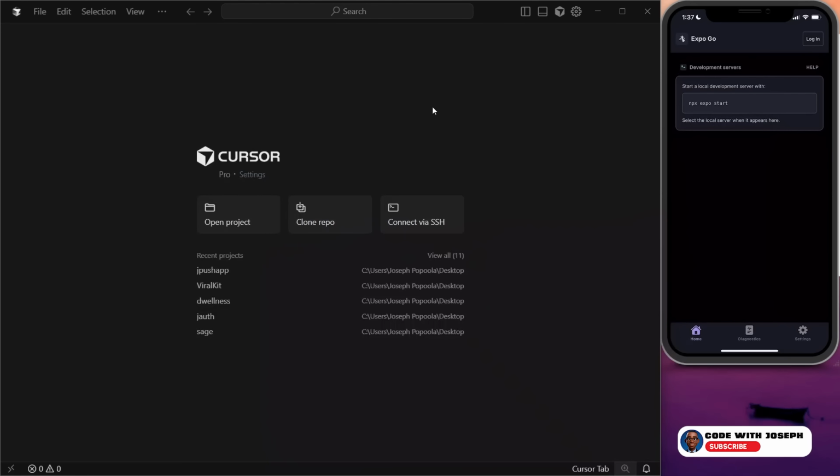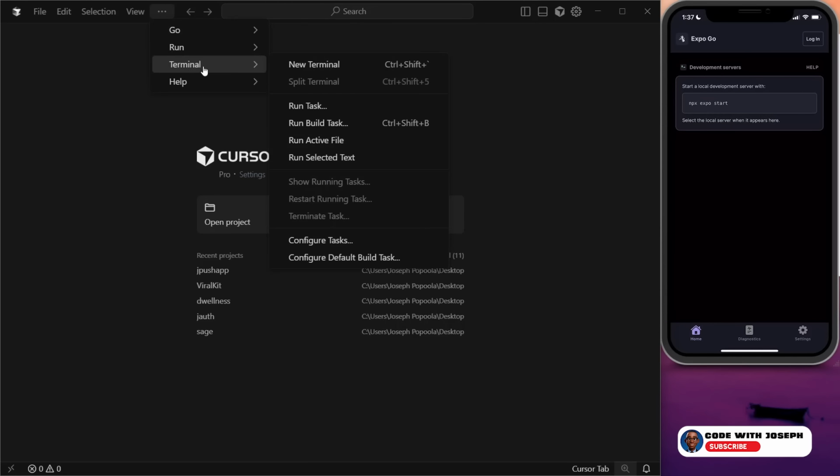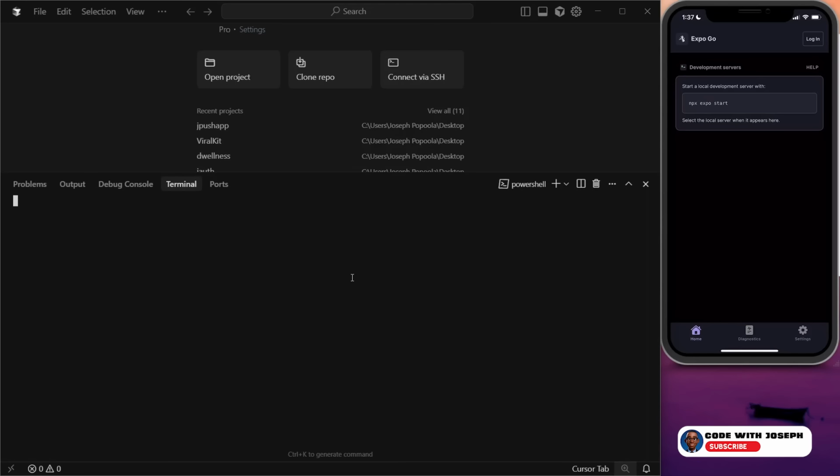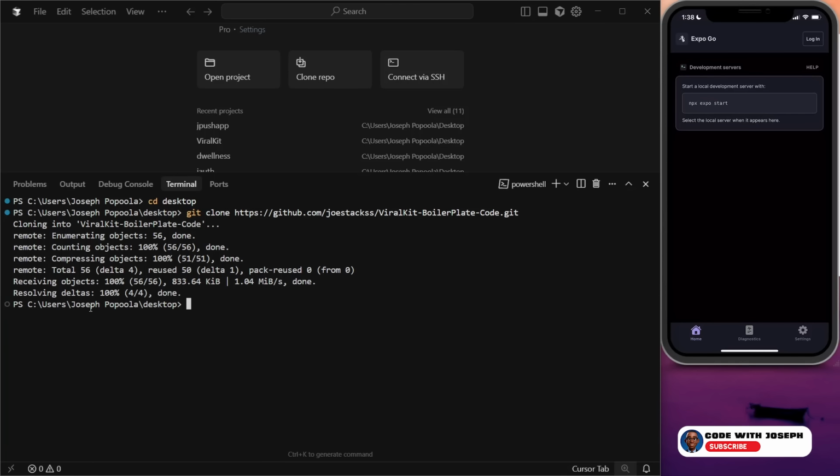So let's head to my terminal. Let me go to a new terminal, and let me just cd into desktop. Then I'm going to type git clone and paste this right away. So as you can see, that's successfully been cloned. Let me just cd into Viral Kit,